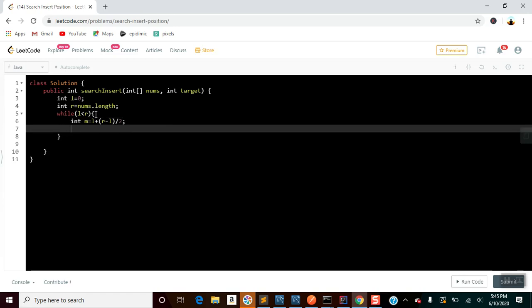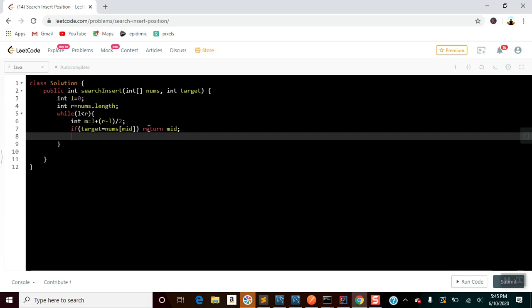So the first thing we have to check here is if nums of mid equals target, then return mid, correct? The first condition: whenever the target value is present inside the array, then return it.